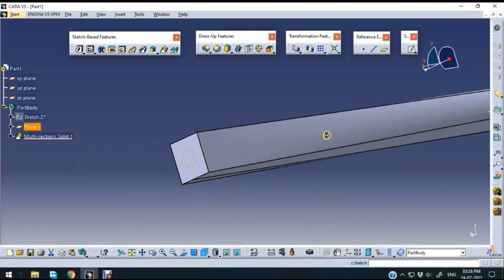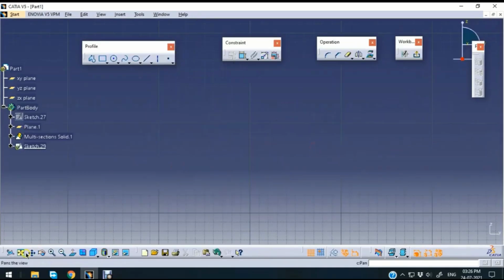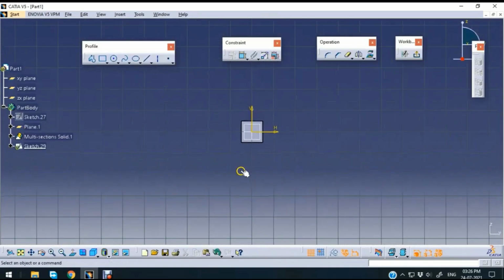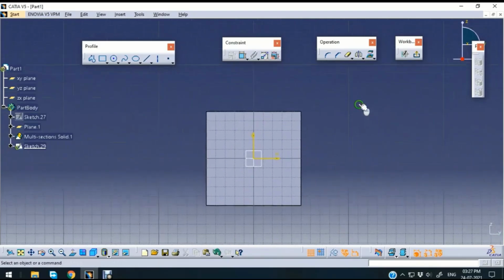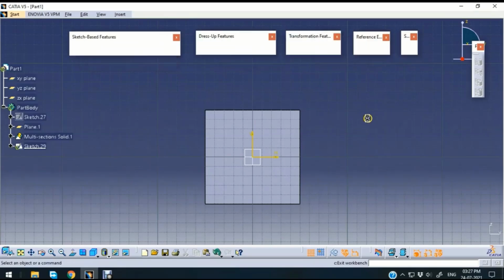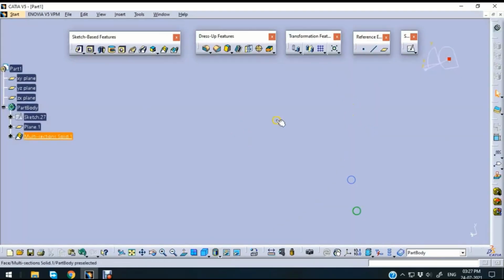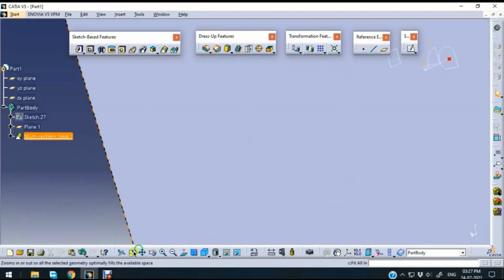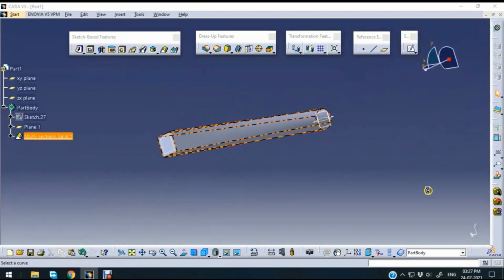First I am taking this plane, and it's going to fit all in. Okay. So here also, if we want to create a duct, that is a tubular-like structure,